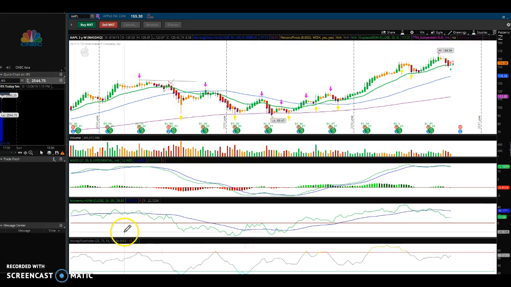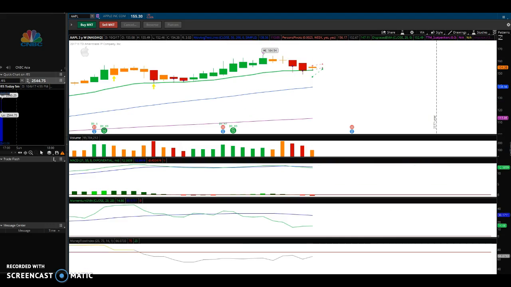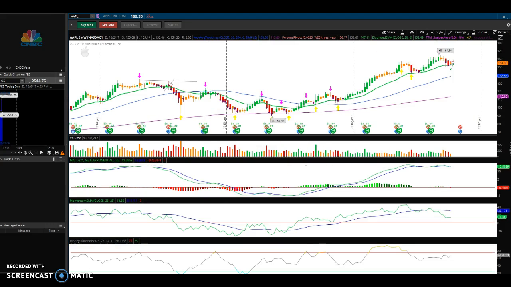Okay, this is what we're looking at, an overall trend of Apple. Now I can go back 20 years on Apple, 30 years on Apple, to figure out the overall trend on Apple. Yes, I can do that, but we're not gonna do all that. We're gonna go back about 3 years on a weekly chart on Apple, and we're going to determine in 3 years where the stock is coming from, what the stock is doing. We can always go back a longer time frame, but the basic point is to understand what we call trend